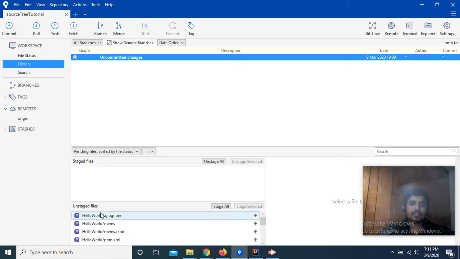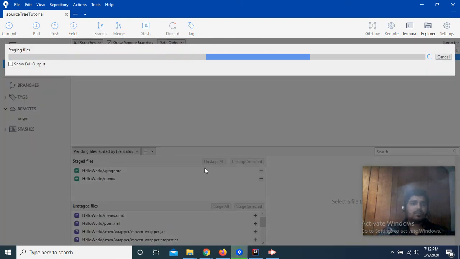So these are the unstaged files. Now the next step is to stage these files. Okay, so let's just click on stage. If you want to stage any specific file, then you can also do it, maybe just by clicking on it. Okay, click here and this specific file will be staged here. But I want to stage all of them, so let's just click stage all,